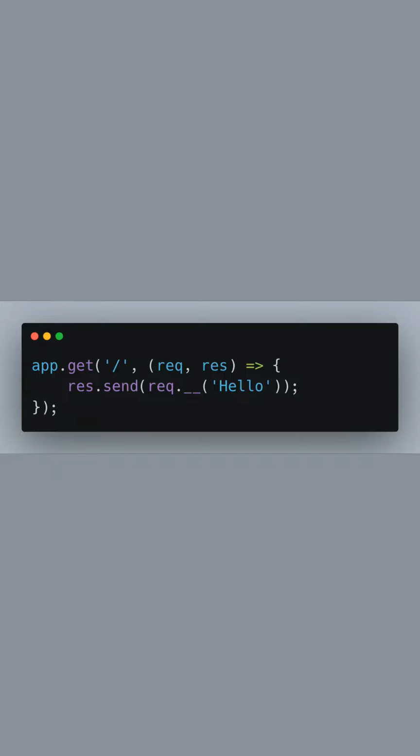In this route, we are responding with a localized greeting. The __ function is provided by i18n and will automatically translate the string "hello" based on the current set locale